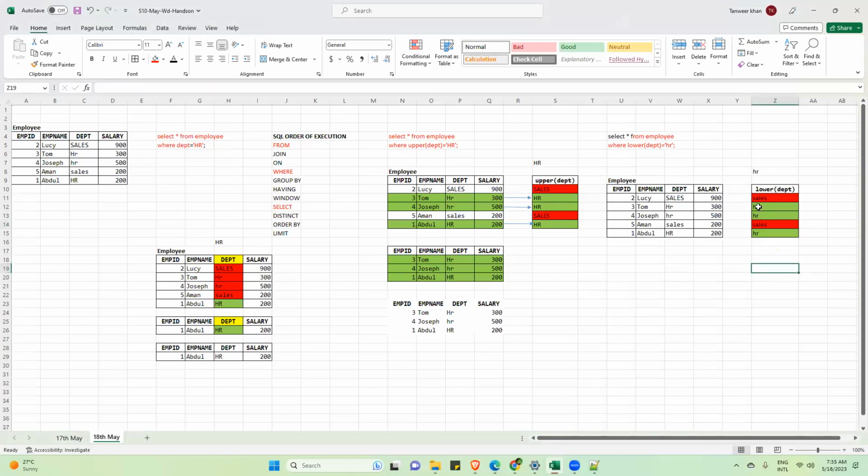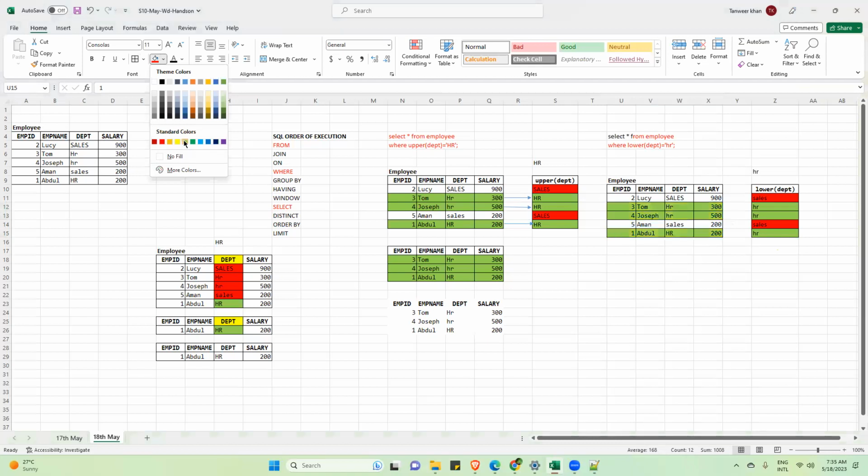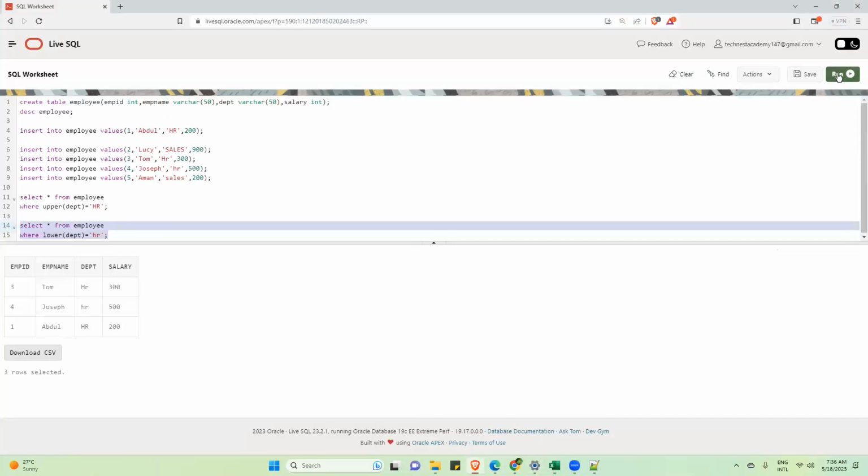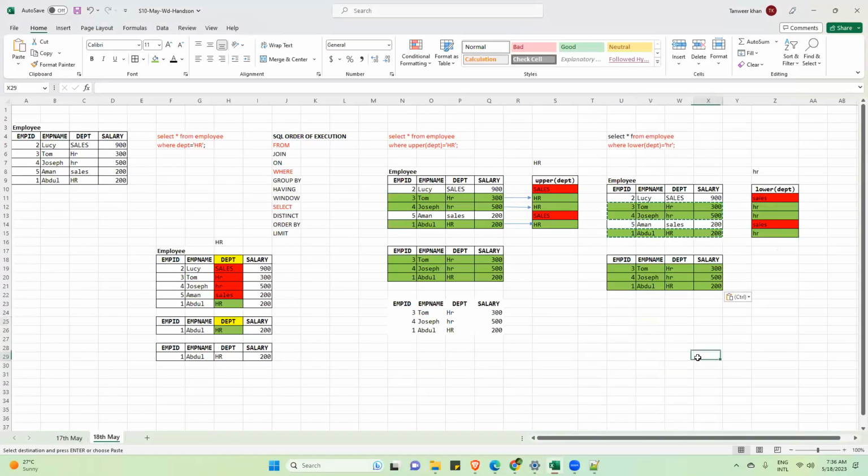So these two records are coming from these two records. So finally, these three records are selected. Then select star means display all the columns. This is your output. Now if you check the output of the SQL engine, please verify. You are getting the same output. So this is what we have discussed till yesterday.